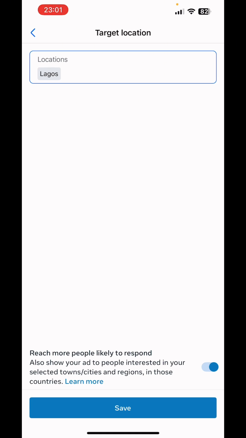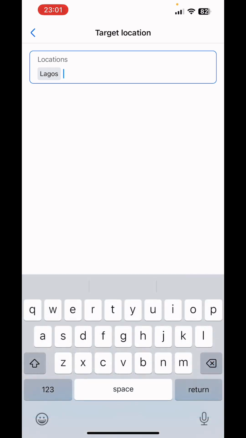And same thing applies for cities. You cannot target, let's say, I'm targeting River State and I also want to target Port Harcourt at the same time. It doesn't work that way. So either I target specific cities inside of River State, or I target the whole River State. So take note of that. So let's say in this case, we want to target just Lagos, Port Harcourt,